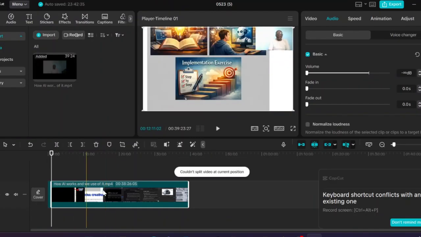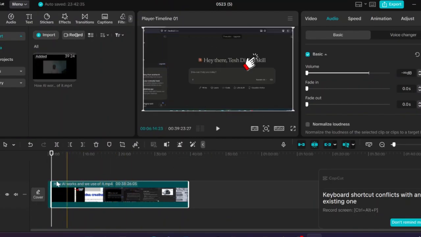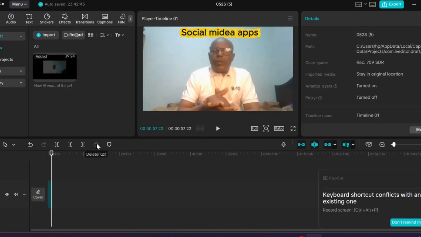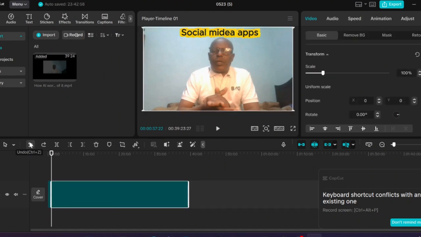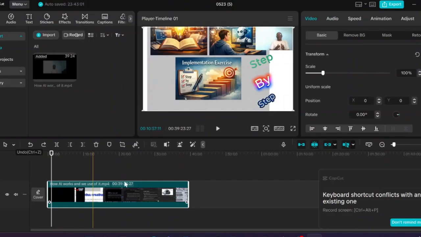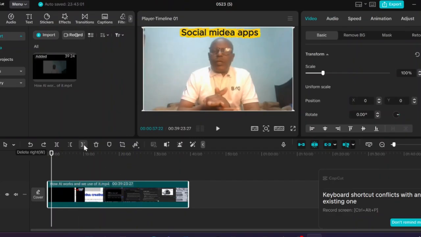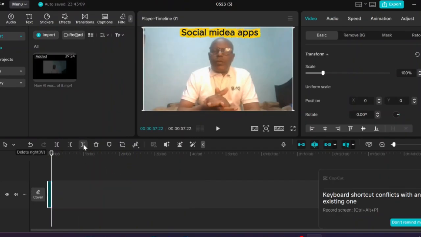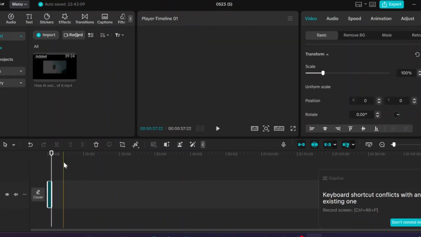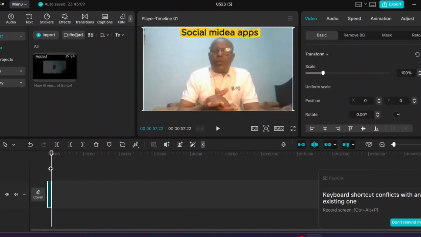Split, the file is split to the right and to the left. I can delete the files that I don't want to take to YouTube and edit the left part of the file. የቀረውን ፋይል ኤዲት አደርጋለሁ. Or let me undo, or I can delete the right part of this video. Let me delete by this icon. I can use either of the two. So I am left with a 60 seconds video file.